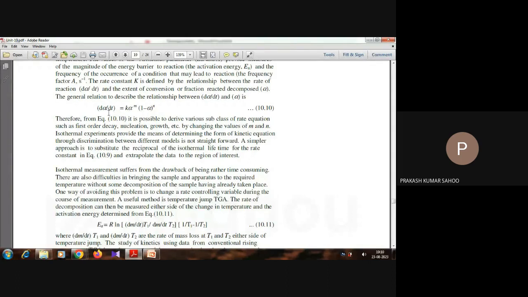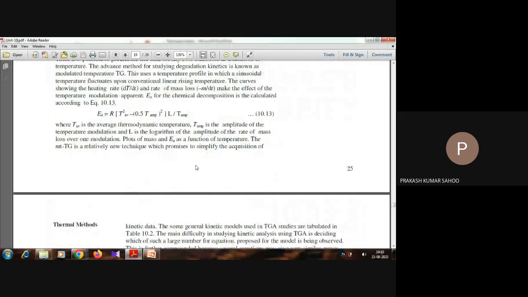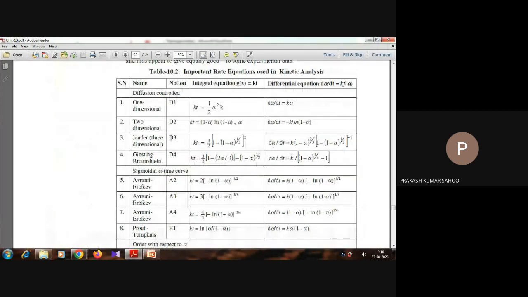Okay, so this is the decomposition, that is d alpha by dt, where alpha is the fraction of decomposition with respect to temperature, let's say with respect to time. We have k alpha to the power m, 1 minus alpha to the power n. These things just, then at the end we have this